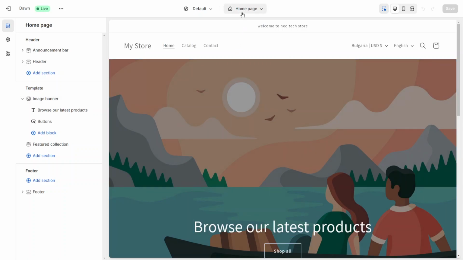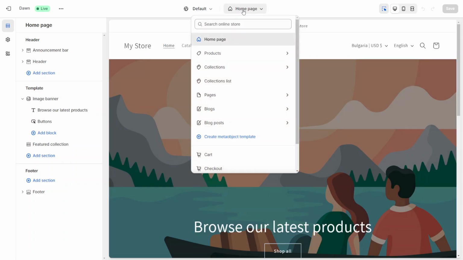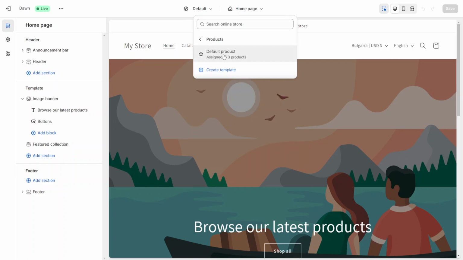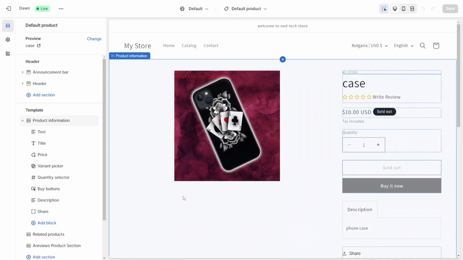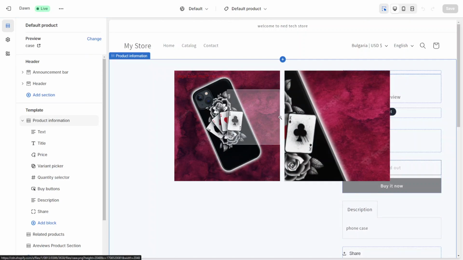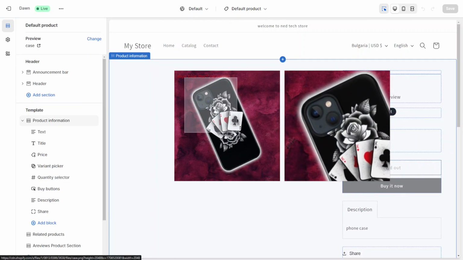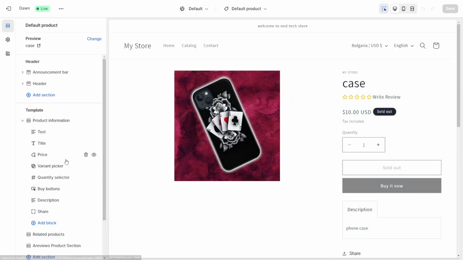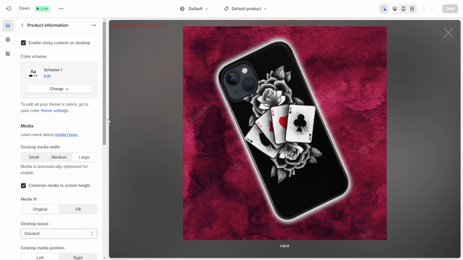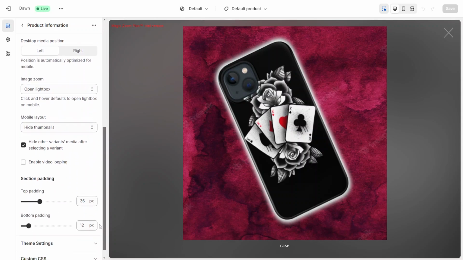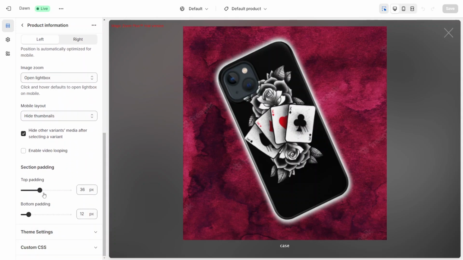site. Just gonna go up here, and from homepage I want to go to products and default product, because that's the template for all our products. And just make sure to have this image selected which you want to edit. Then you just scroll down here, and where you see top padding and bottom padding, you just want to increase those